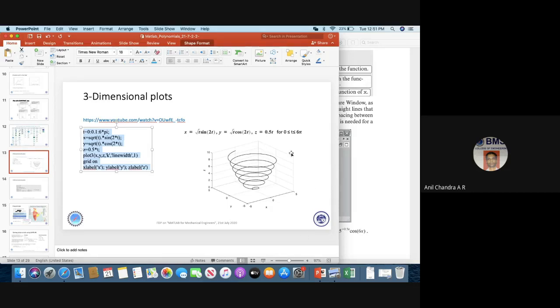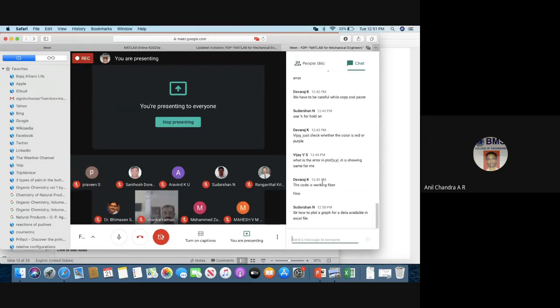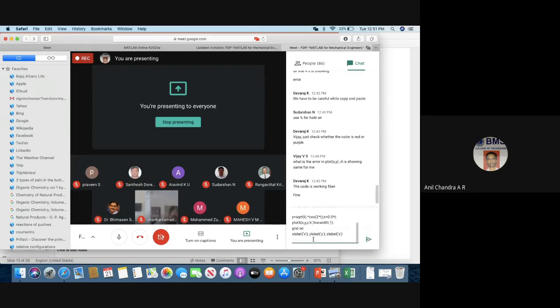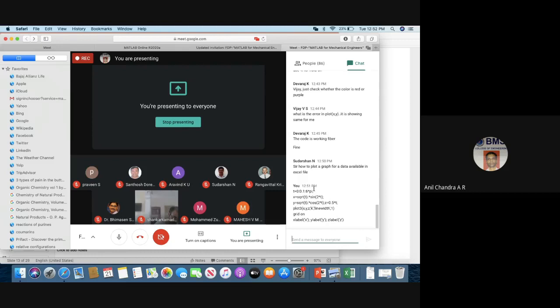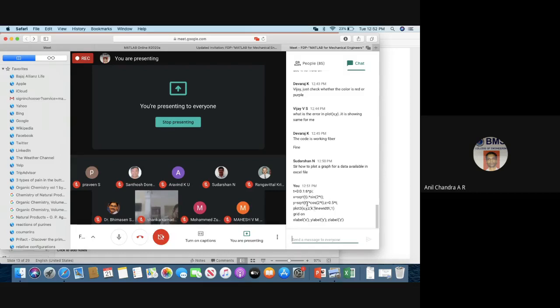I will share this command. You can read the Excel file as well, but the best way is to save it as .txt and access the data from there. There are commands for that. I have not made it part of my presentation, but you can explore. You can read data from that and explore. So please try out this command and hope it works.